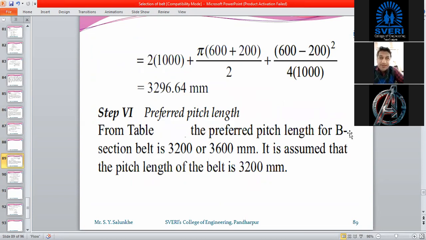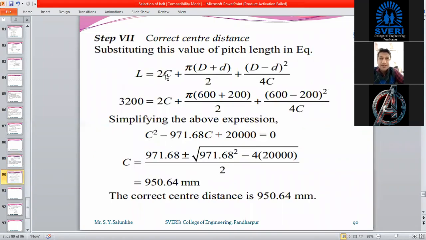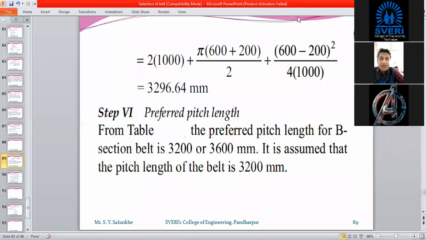For the B section type, it is available as either 3200 or 3600 millimeter. So it is assumed that the pitch length of the belt is 3200 because it is near 3296. So again, we have to recorrect our center distance by choosing this pitch length of the belt.